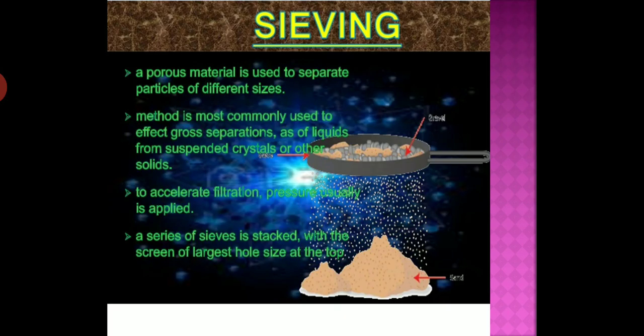Now if we talk about hand picking, it is a simple process. Bigger and visible components of a mixture can be separated by hand picking, also by using forceps. A piece of stone may be separated from rice by hand picking. You can try this method at home and pick up some stones and other dust particles by hand from the rice and any other pulses also. This is a very common method, students. Okay, I hope you understand.